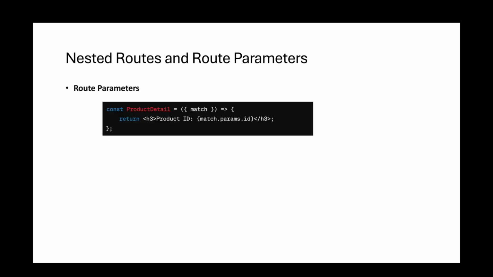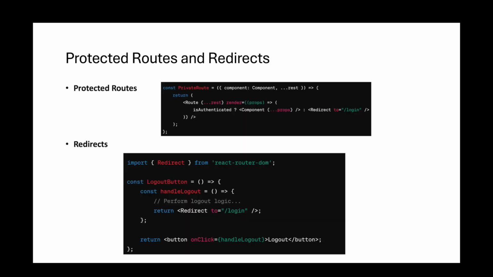Route parameters. Route parameters allow you to capture dynamic segments of the URL and pass them as props to the rendered component. Route parameters are denoted by a colon, followed by the parameter name in the route path. Example: const ProductDetail = ({ match }) => { return <h3>Product ID: {match.params.id}</h3>; };